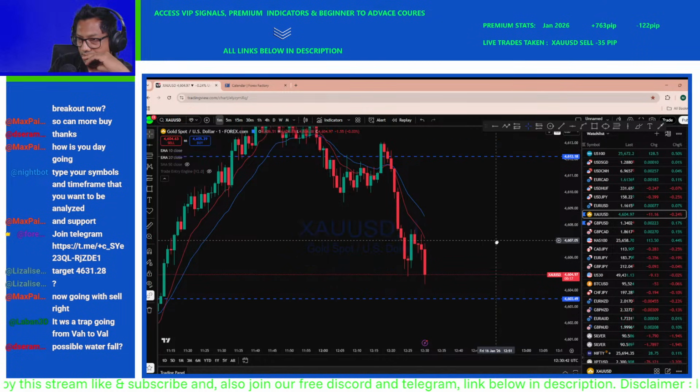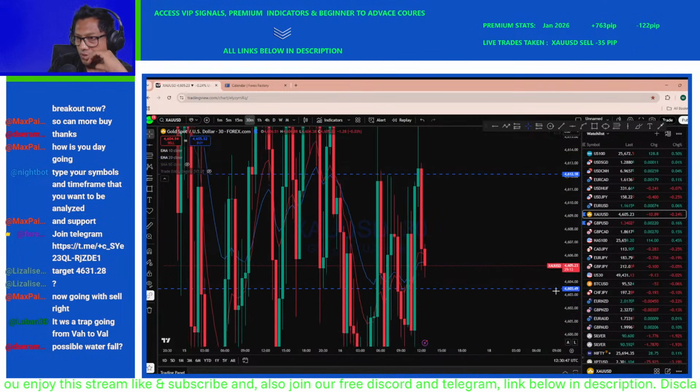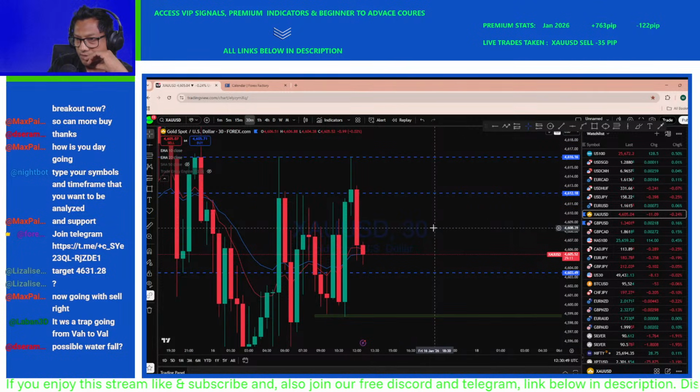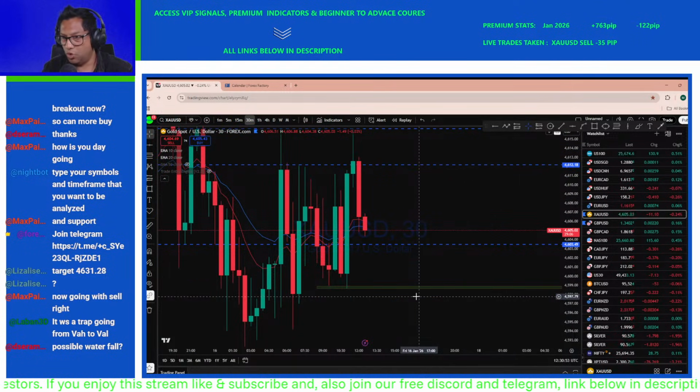With this long bearish candle, there is a possibility that the price drops down below